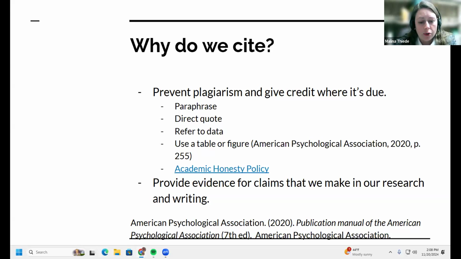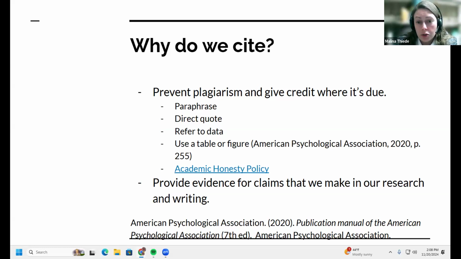And when you're writing a paper, we want to ensure that we are distinguishing very clearly between our own thoughts and our own words and the thoughts and ideas and words of other people. So that's one place where citation comes in and why it's important, so that you can make that clear distinction and not be seen to be taking credit for someone else's thoughts or words.